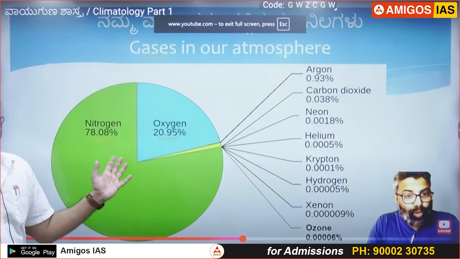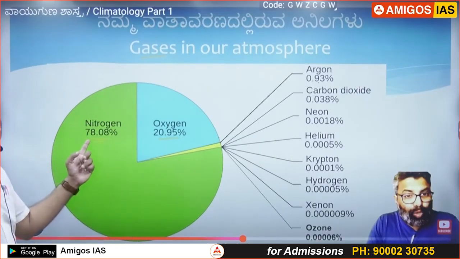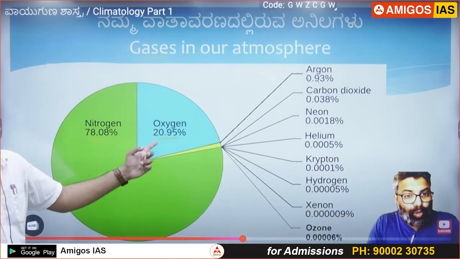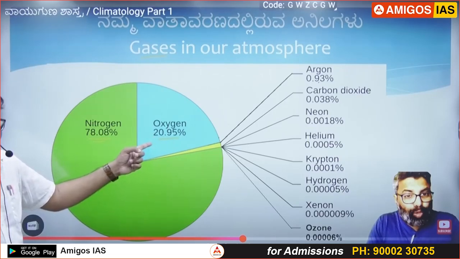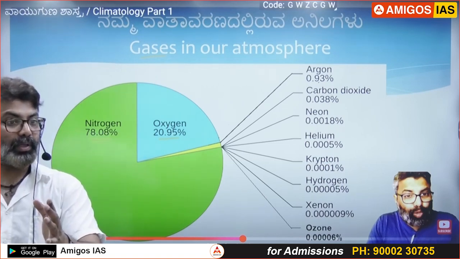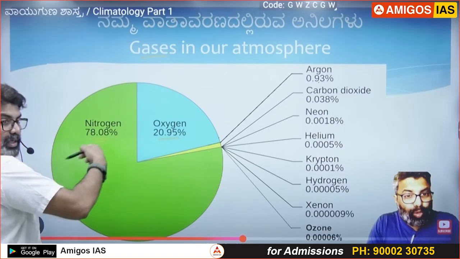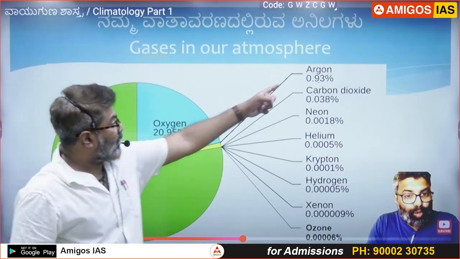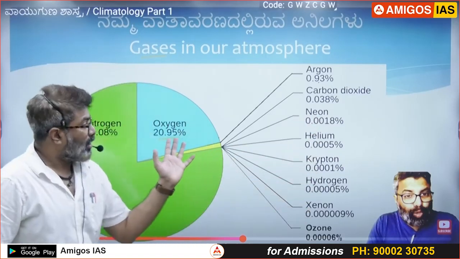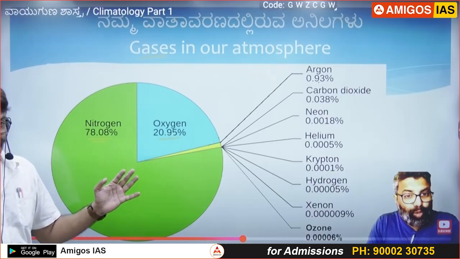See this now. The most abundant gas in our atmosphere is nitrogen. In this pie chart, you can notice the majority, 78.08%, is nitrogen. You just remember 78. Oxygen is 21%, going for the nearest number. So 78 plus 21 is 99. So 99% of the gases in our atmosphere are which two? Nitrogen and oxygen. In the 1% we have argon, carbon dioxide, neon, helium, krypton, hydrogen, xenon, ozone. Please write either a pie chart or a list. The gases in our atmosphere are